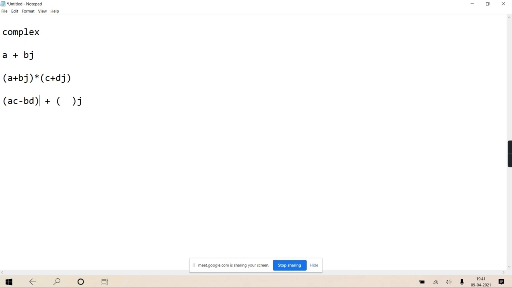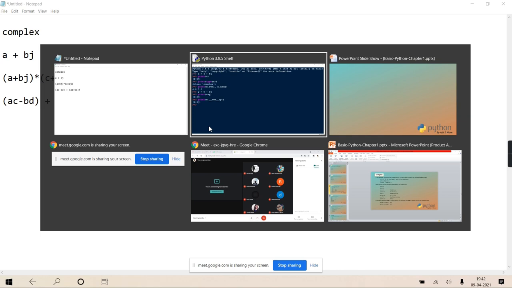This is the new real. And new imaginary is cross. You have to do cross multiply, AD and BC addition. So A into D plus B into C will give you the new imaginary. So you should remember all that. That is all basics of mathematics. Somewhere in your academics you have studied.